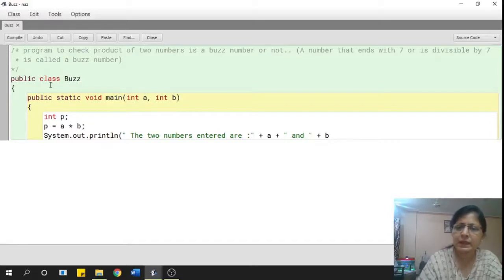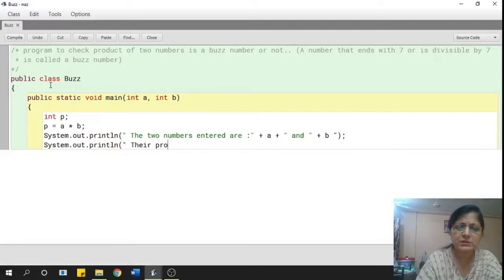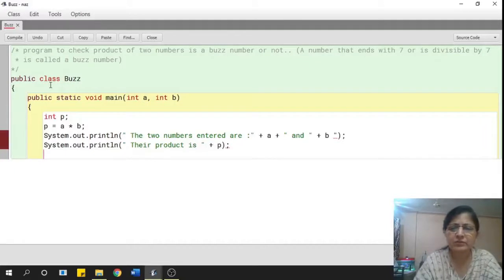And then on the next line we will say their product is, and then the answer is stored in P, so I say plus P. Then this is done.